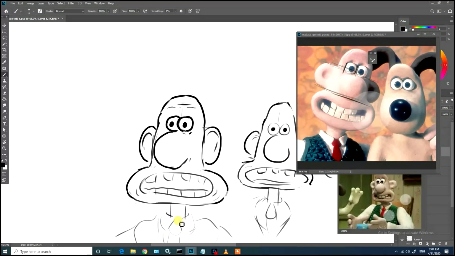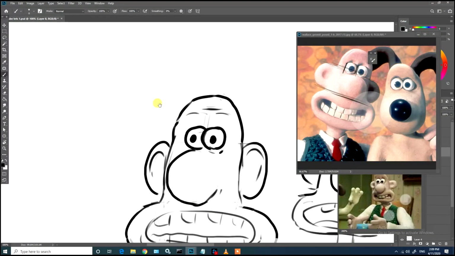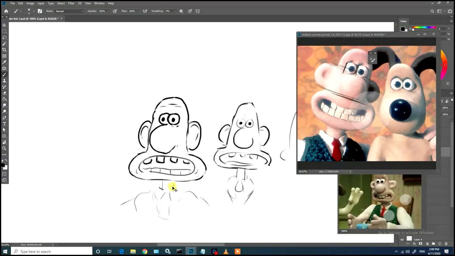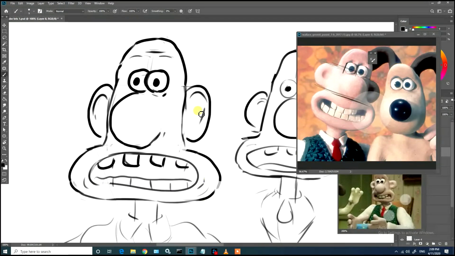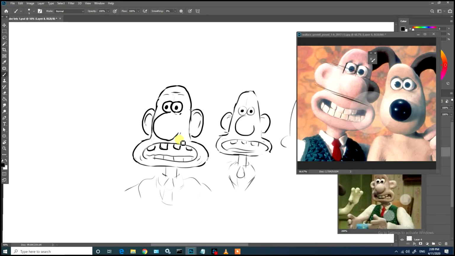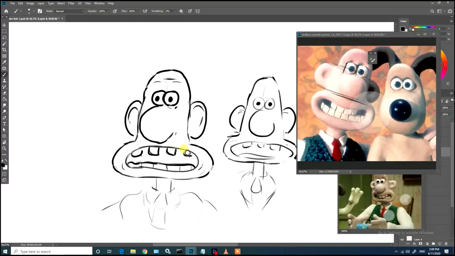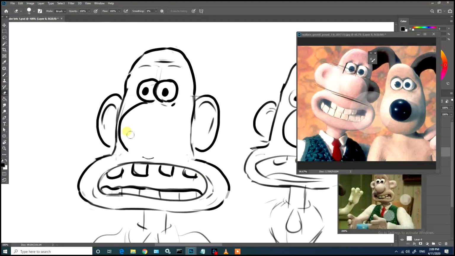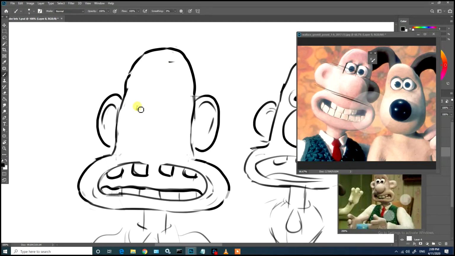So what are key traits of Wallace? His eyes, obviously. But what's probably the biggest key trait of Wallace is his unique head size. With a head shape like this being unique, I can pretty much draw his face to look however I want it to look, and it will still, in theory, look like Wallace. So I gotta erase all this, and I could just give him